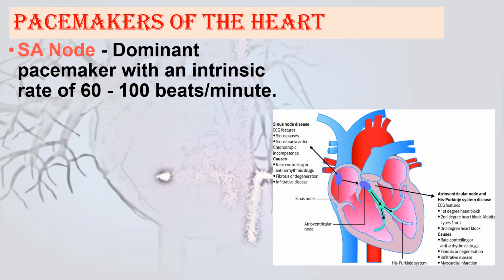So usually the normal heart rate of an adult is 60 to 100. As an average heart rate, we used to say 72 beats per minute. Usually the normal heart rate is 72 beats per minute among adults, but you should think yes and no, because 60 to 100 beats is the normal heart rate. So if the SA node is functioning, then the person has a heart rate between 60 and 100.